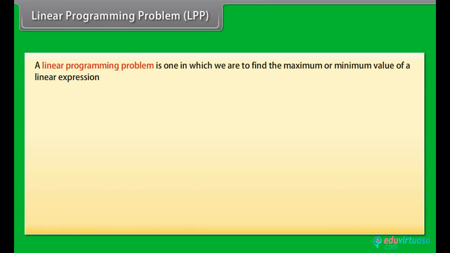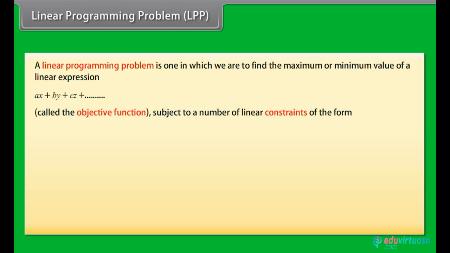Linear programming problem, LPP. A linear programming problem is one in which we are to find the maximum or minimum value of a linear expression, ax plus by plus cz plus and so on, called the objective function, subject to a number of linear constraints of the form ax plus by plus cz plus and so on till less than or equal to n, or ax plus by plus cz plus and so on till greater than or equal to